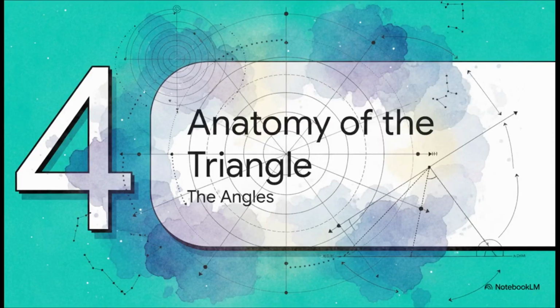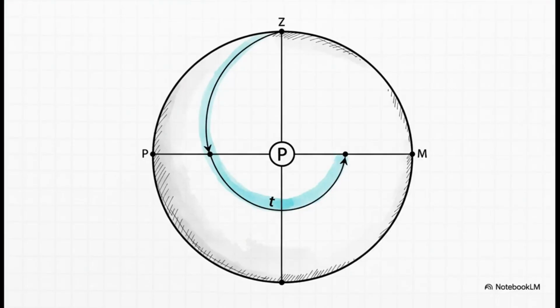All right, we've handled the sides, but every triangle also has 3 interior angles. And just like the sides, each of these angles maps directly to a critical astronomical measurement. They are the final pieces of the puzzle. Let's start at the top with the angle at the celestial pole, P. This is the star's hour angle, denoted by T. The hour angle is essentially a celestial timekeeper. It measures how far the star is in an east-west direction from your local celestial meridian. In other words, it tells you how long it's been since that star was at its highest point in your